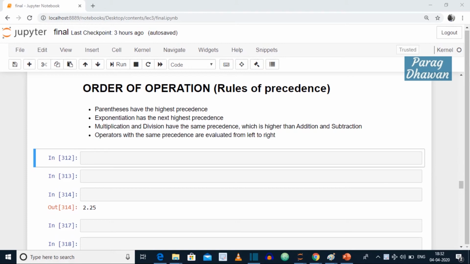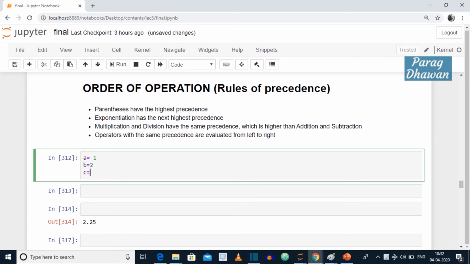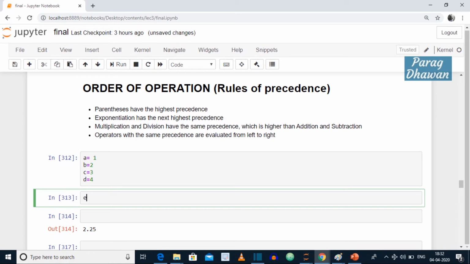Let us see examples. We create 4 variables: a is equal to 1, b is equal to 2, c is equal to 3 and d is equal to 4. And we evaluate the expression e is equal to (a plus b) into c and integer division by d.